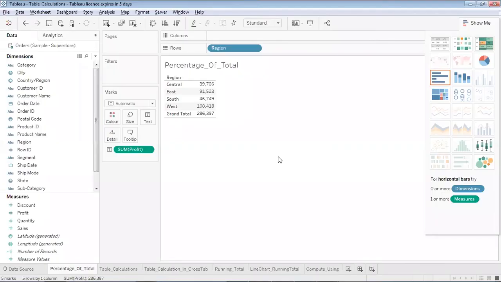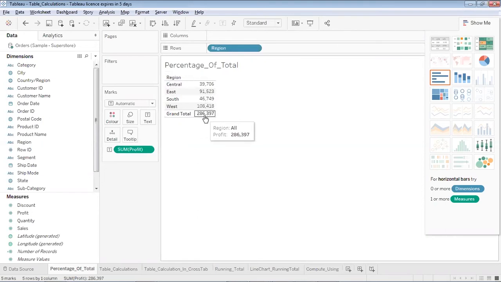So over here you will see I have written percentage of total. Here I am trying to plot the relationship between the regions and the profit generated by each region. You can see we get the highest profit generated by the western region and the minimum generated by the southern region. Now, in case apart from these profits, I would like to show these values in terms of percentage of the total.